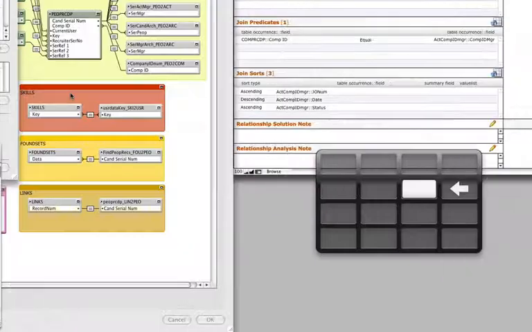Now here we've got a triple sort: one ascending, one descending, and another one ascending. These were already done as well, but if they hadn't been done, we'd be looking for the table occurrence, which is called ACT Comp ID Manager. So we'll come over here